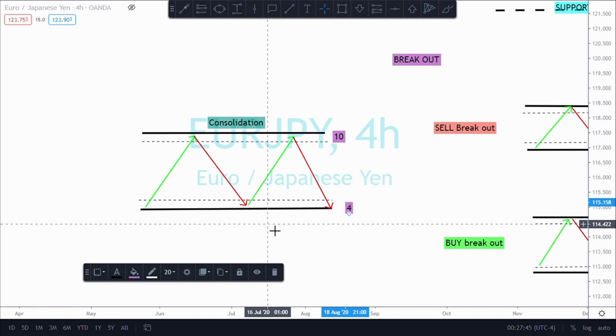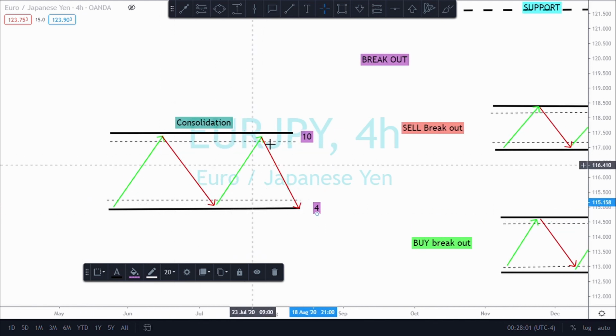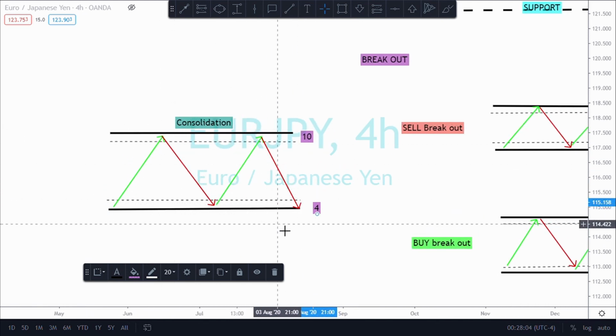But the market can't consolidate forever. Typically it lasts a whole day, but sometimes a pair would decide to just consolidate between a particular price range. We do not trade